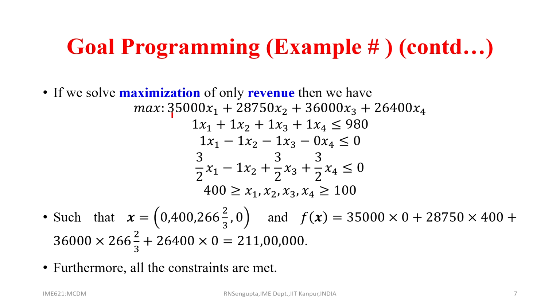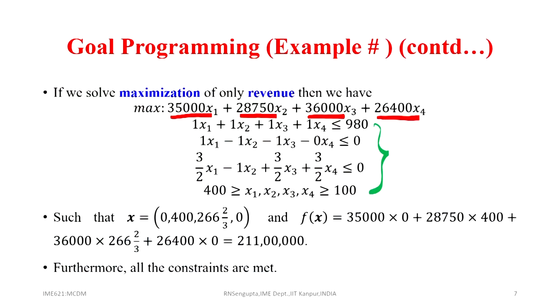The revenue function was, if you remember, 35,000 x1 plus 28,750 x2 plus 36,000 x3 plus 26,400 x4. The constraints which we had considered are all put here. This is a linear programming problem with a linear objective function and linear constraints. When we solve it, the values of x1, x2, x3, x4 correspondingly come as x1 is 0, x2 is 400,